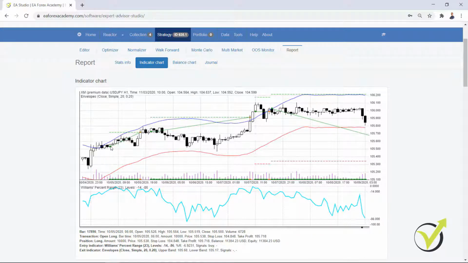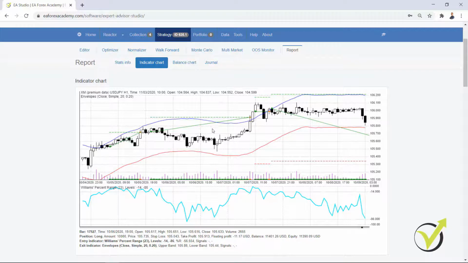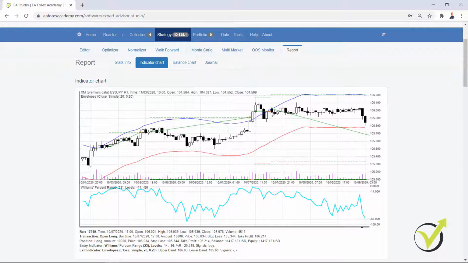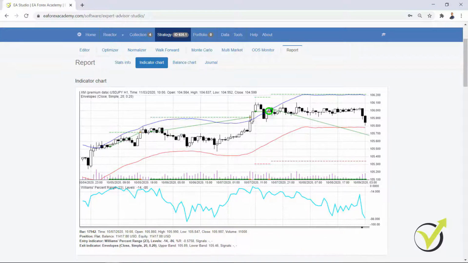Okay, the bar opened after we have the Williams percent range crossing the level line. Then we have the take profit, stop loss is somewhere below, I cannot see it at the moment. And I have as well the exit condition, which in this case, I think it applied right over here. With this trade, you can see the trade was open here, the take profit was not hit. I have the exit condition.